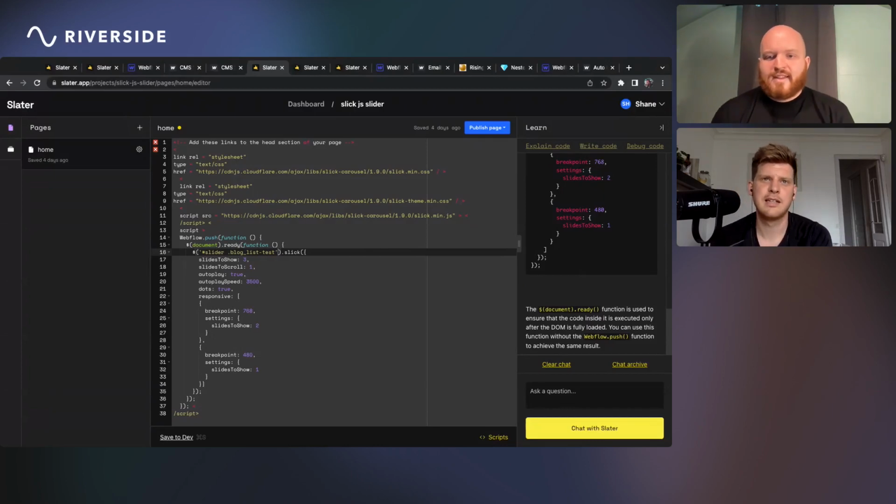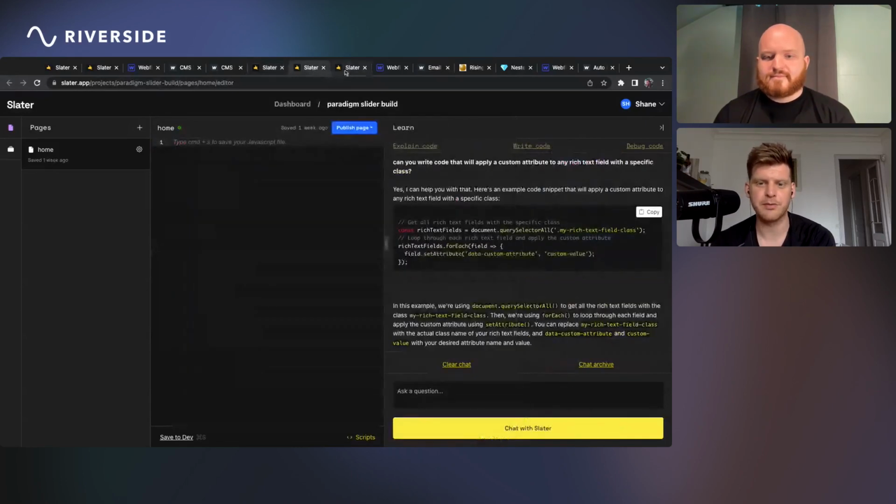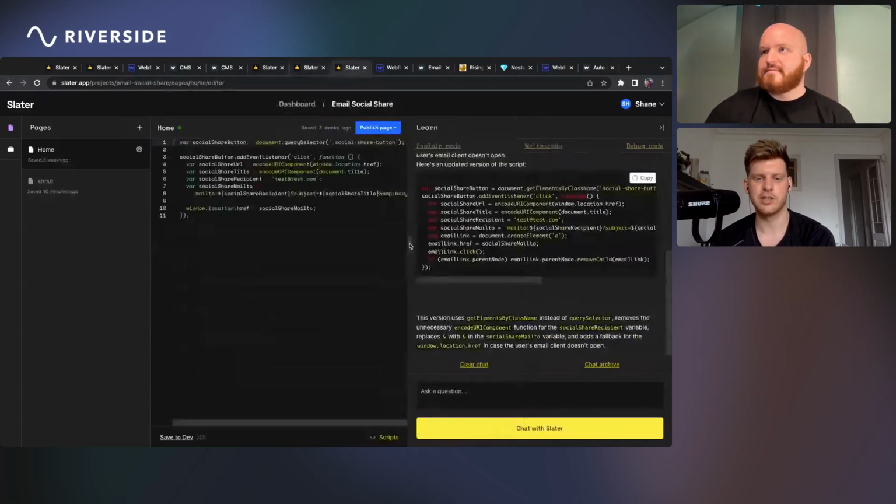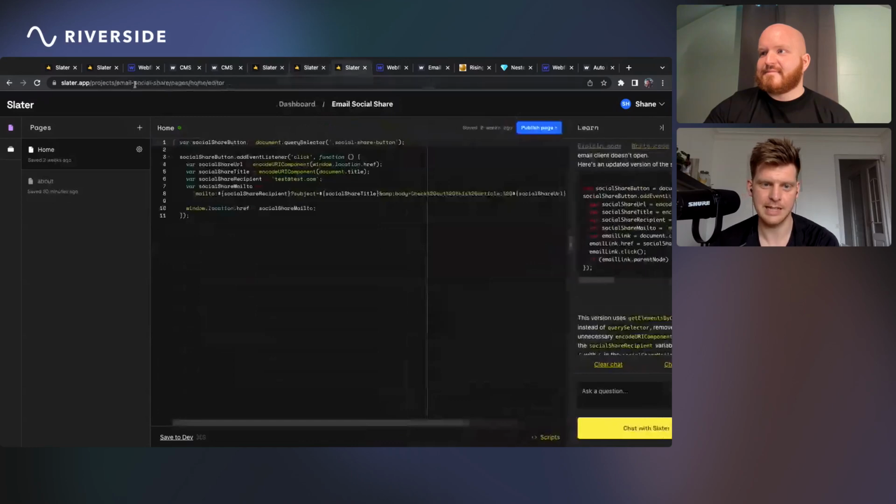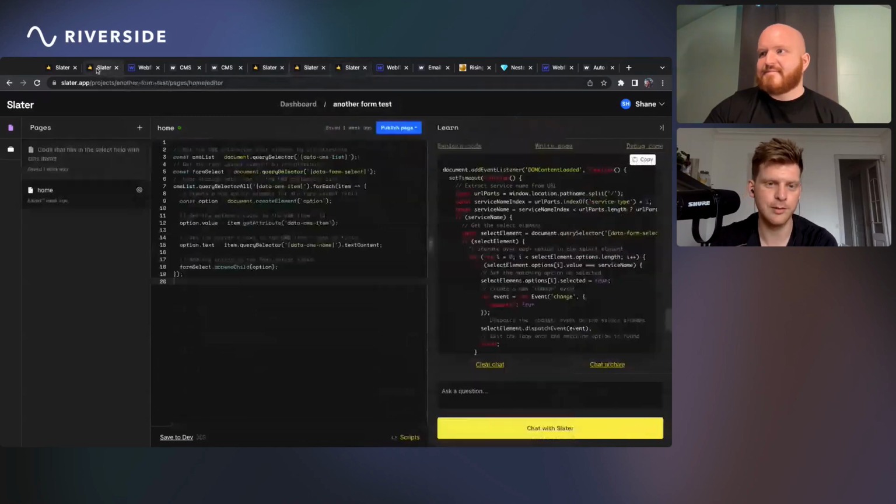I love that advice though, that it's not something to be scared of, because you've literally got the sum of human knowledge in that right hand panel that is there to help you. You are not alone with code with Slater.